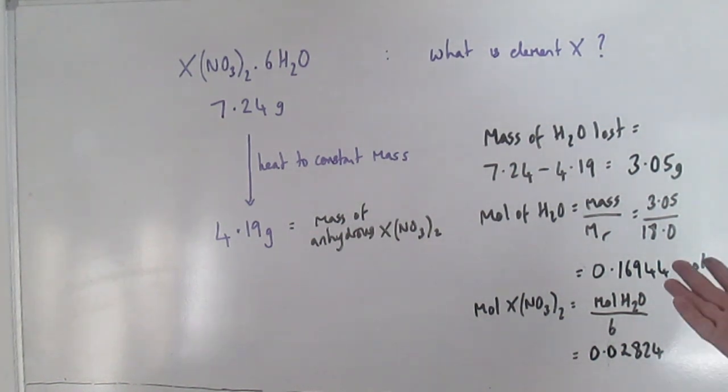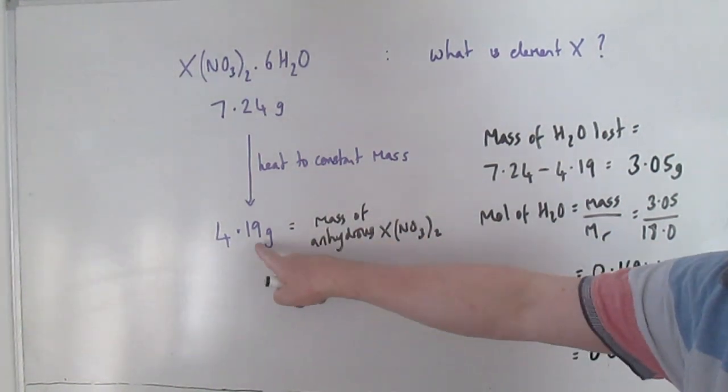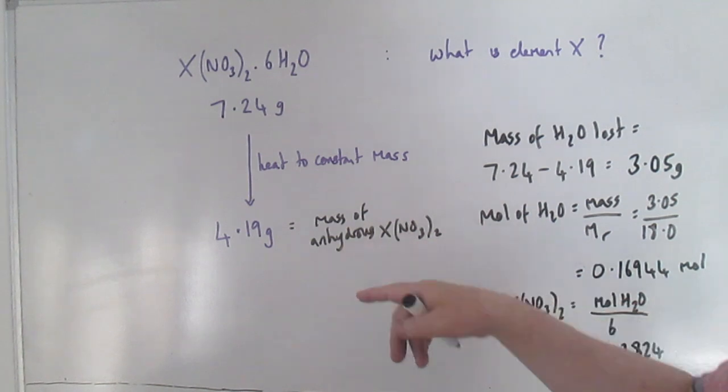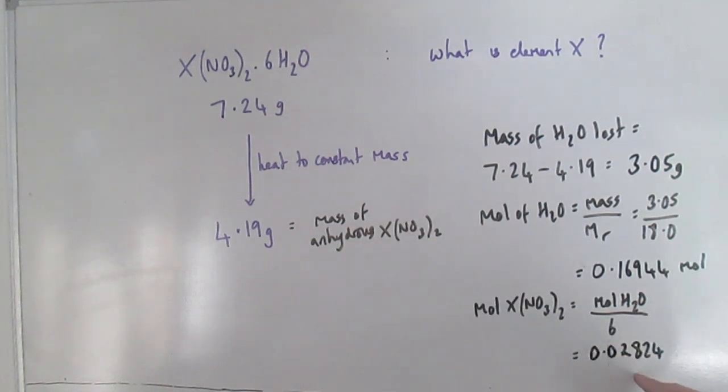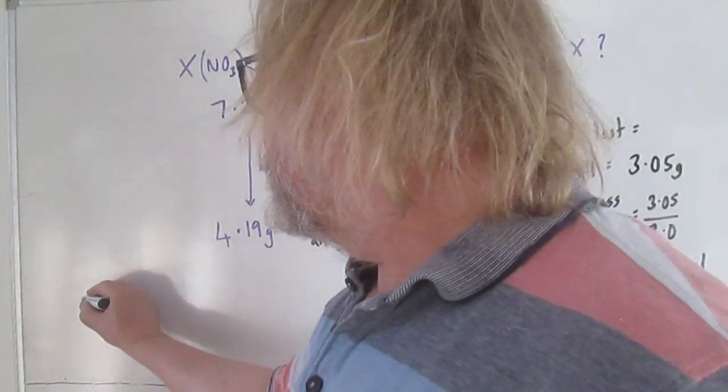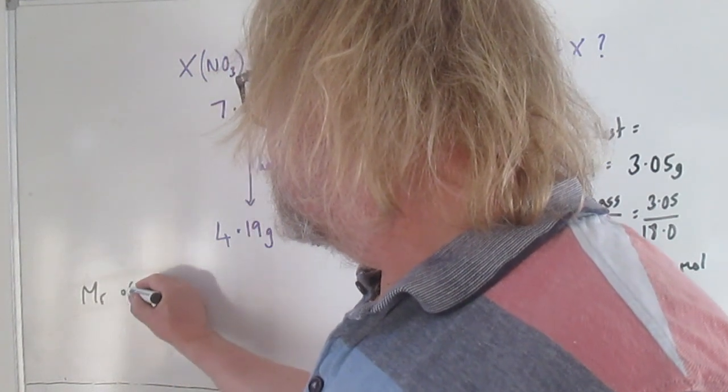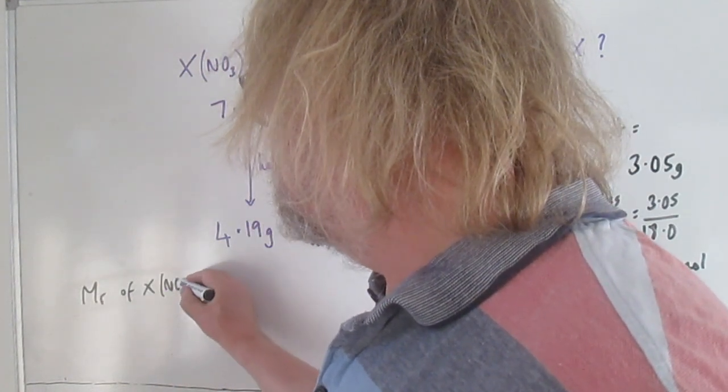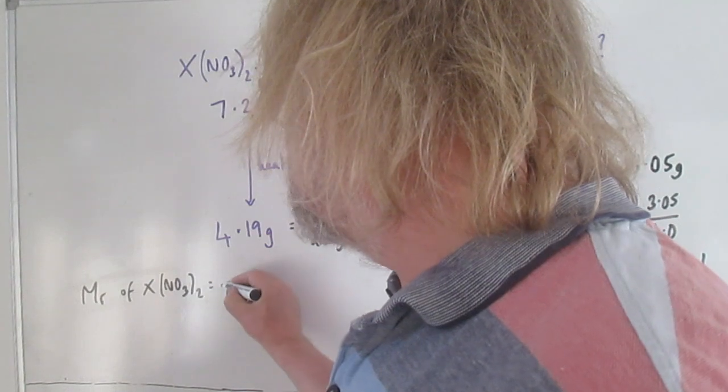And we've now got everything we need to get the Mr of this compound, because we know the mass of it. Okay, that was the mass of the anhydrous compound, and we now know the moles of it, so we can do that: the Mr of X(NO3)2 is mass over moles,